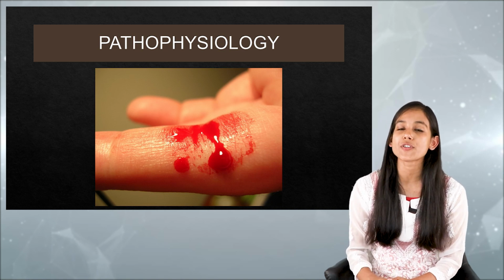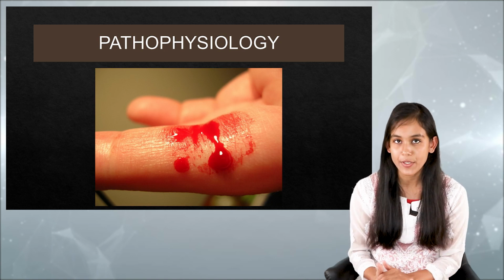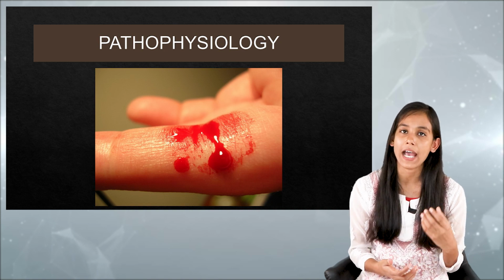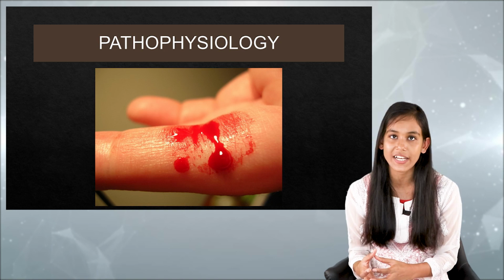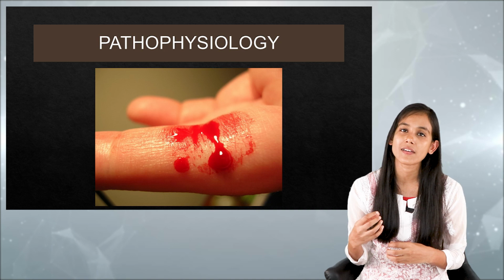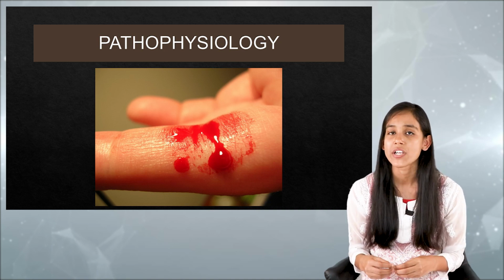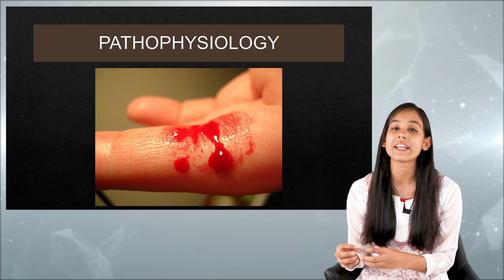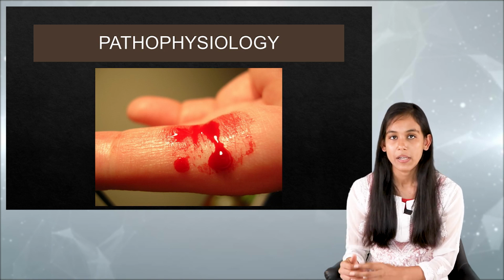Now next let us move on to the pathophysiology to understand what actually happens in hemophilia. Normally, when there is a cut or there is a damage in the blood vessel, what happens? There would be an immediate vasoconstriction, right? Why does this vasoconstriction happen? Because there is increased blood flow, and that has to be stopped, right? So whenever there is a cut or damage in the blood vessel, there would be an immediate vasoconstriction which would limit the amount of blood flow.